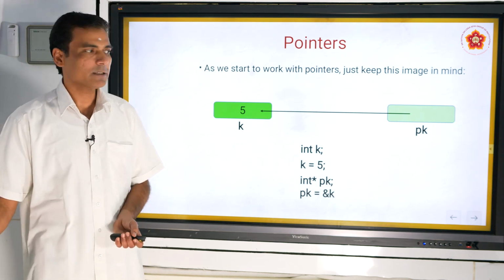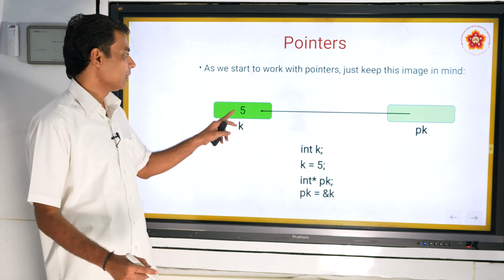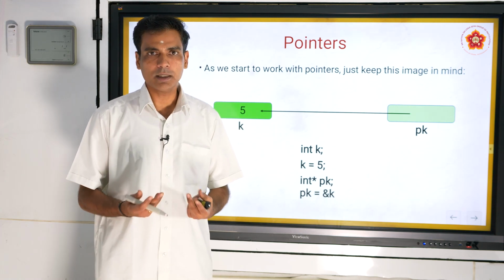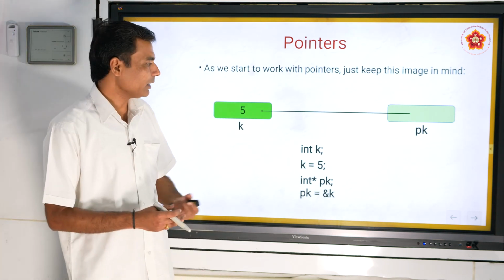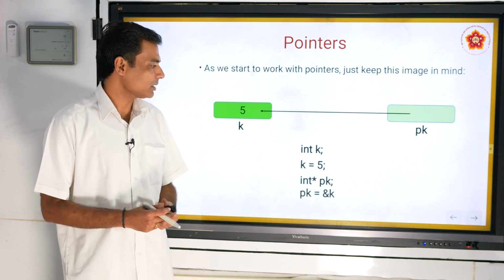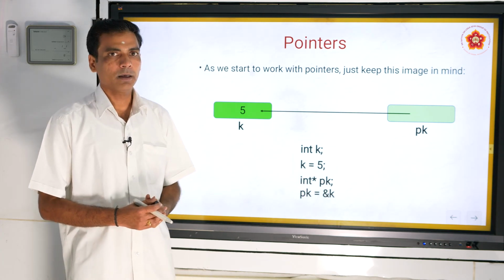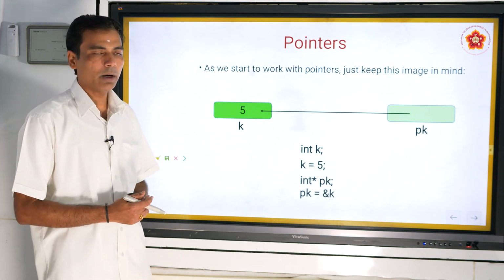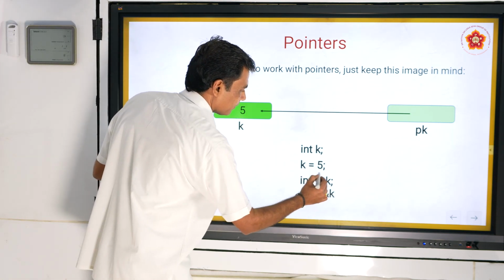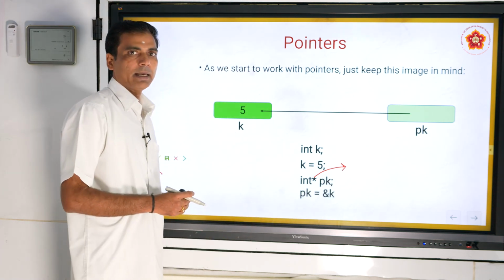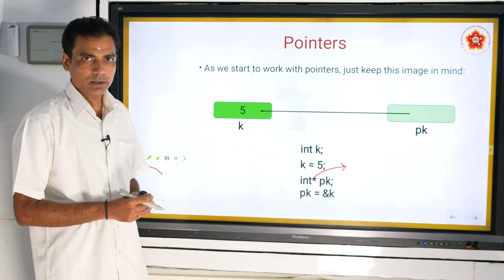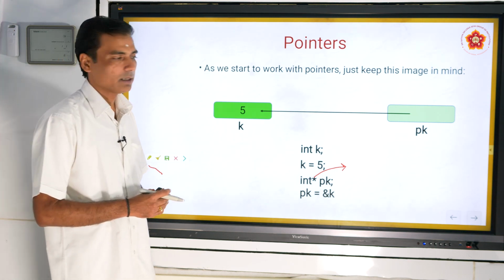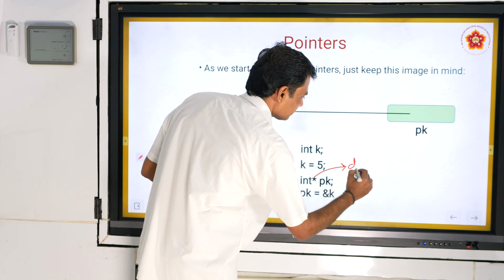The first box indicates the variable, and the second box indicates the pointer. So a pointer is also a variable. The way we declare a variable, we declare a pointer in the same way. The new thing to note while declaring a pointer is this operator. We call it the star operator, or the standard terminology, the dereferencing operator.